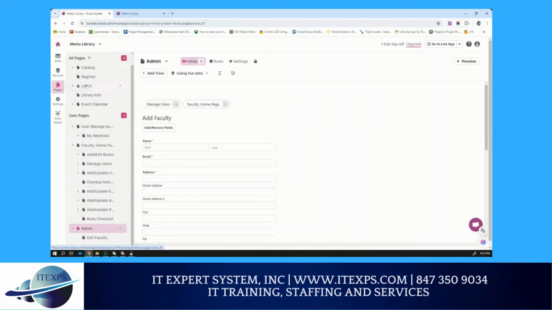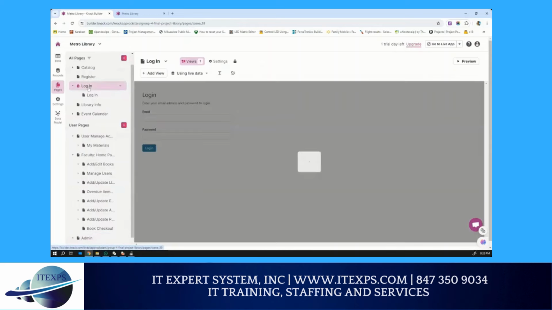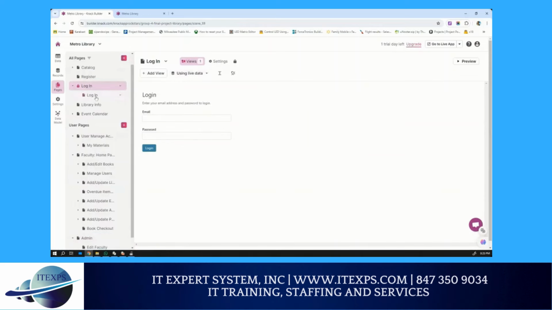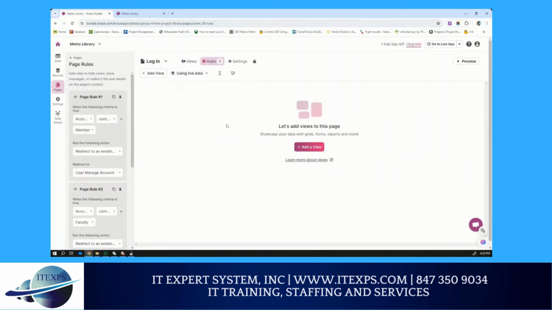And then the other thing that we did to really help simplify our application, simplify the user experience, is we used rules. Let me get to our login page right here. So we used different rules to direct people to the same place. So one login form points them to the right page for them based on their level of access. And that's how we solved the problem of only creating one login.